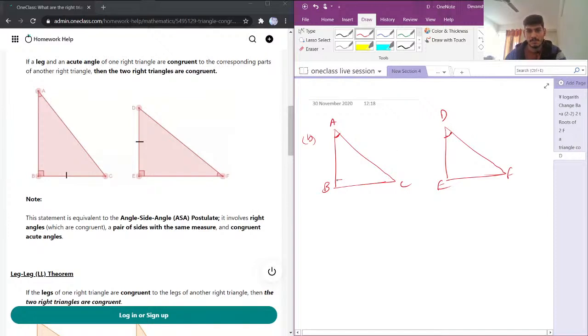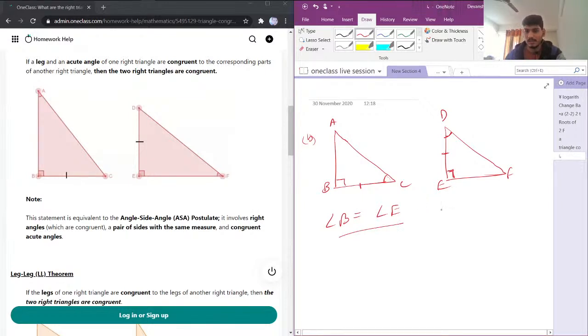We have this perpendicular, and for the side we'll take this side, and for this one we'll take this one. Basically I should be taking this side. So now if it is proven that angle B is equal to angle E,